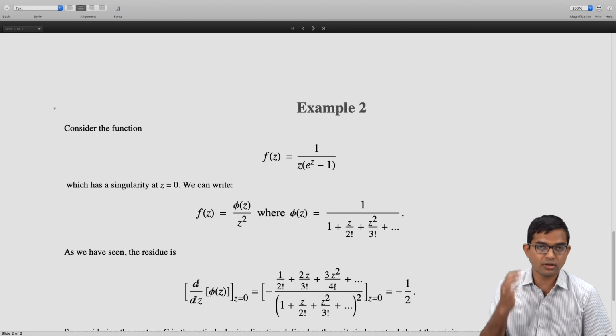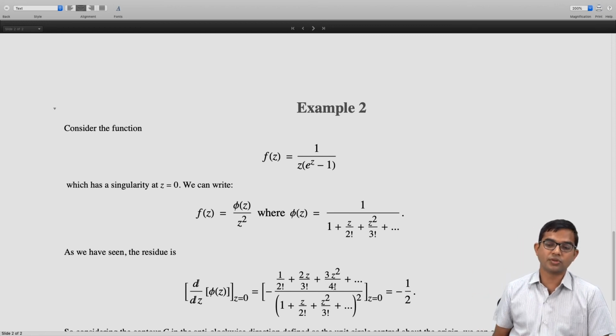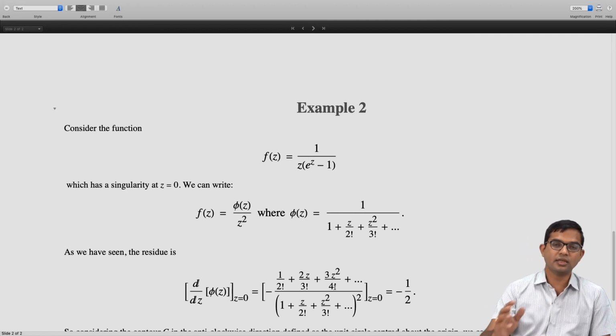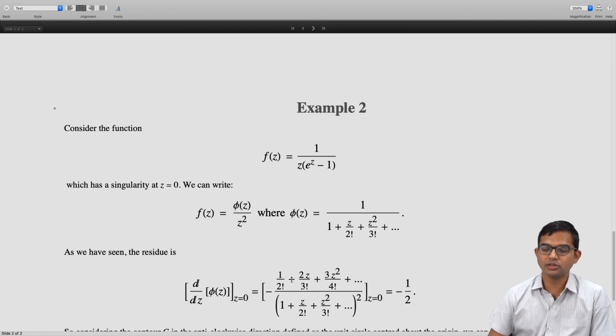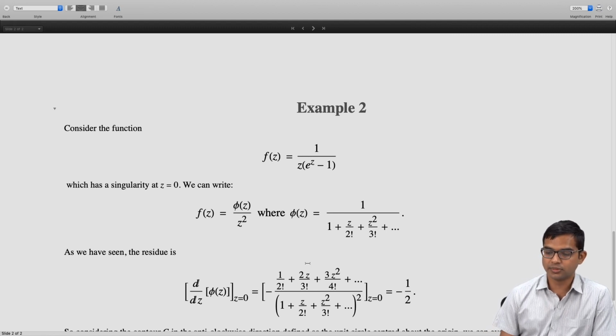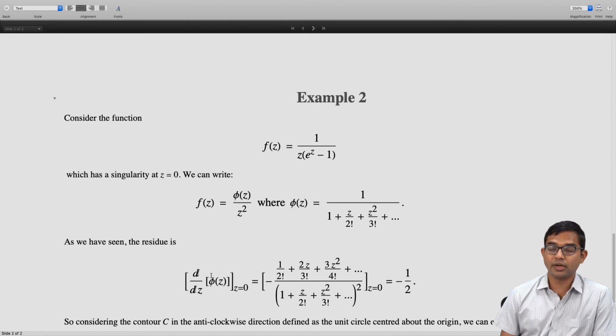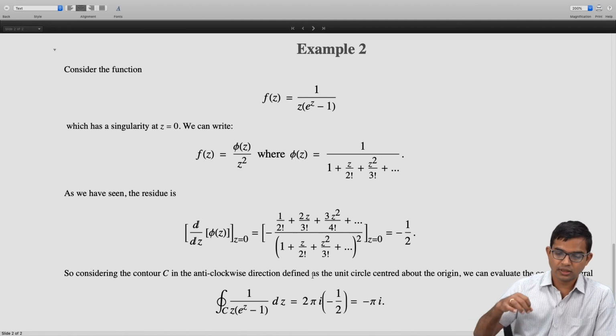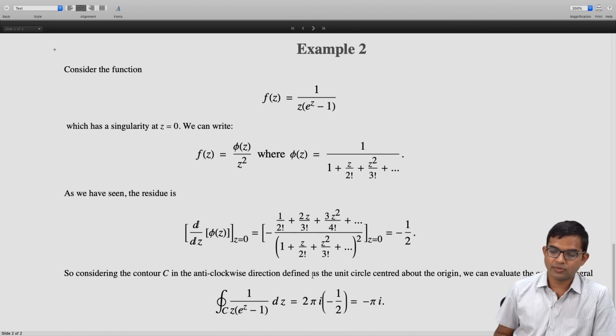So you can go over this calculation of the residue again if you wish. You see that it's important to be able to calculate residues. If you can work out residues, then you can work out these contour integrals with ease because of the residue theorem. So since the residue we already have worked out is minus half for this, if we consider the contour C in the anti-clockwise direction, a simple closed curve, which for simplicity we can just take to be the unit circle centered about the origin in this case,